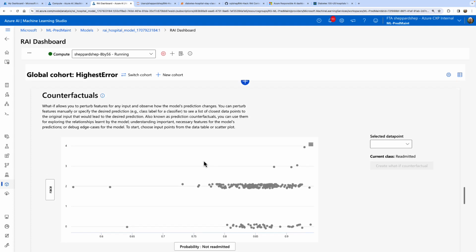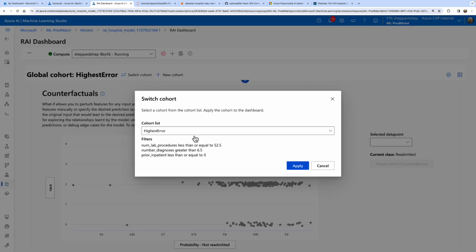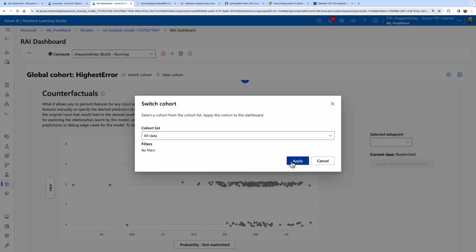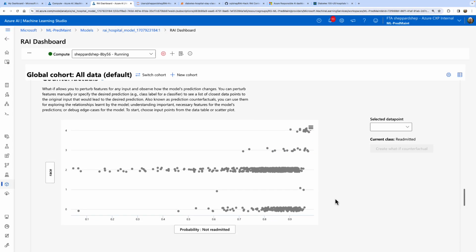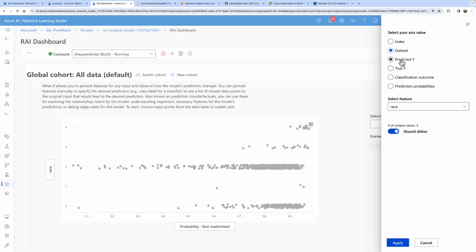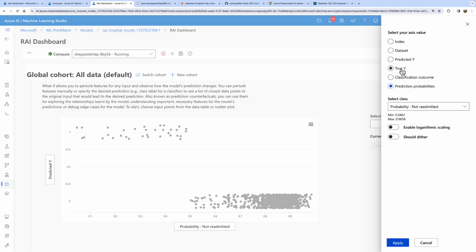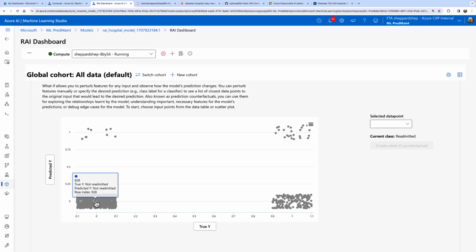Okay, the next section of the dashboard as we go down is the counterfactuals. So I'm going to switch cohort and make sure I'm looking at all the data. And what I'm going to do here, and I'll show you what counterfactuals mean in a second, but what I want to do first is turn this into sort of a scatterplot confusion matrix, and you'll understand what I mean. So we've got predicted Y and true Y. And what this gives me the ability to do is see where, and you'll notice it does look kind of like a confusion matrix,